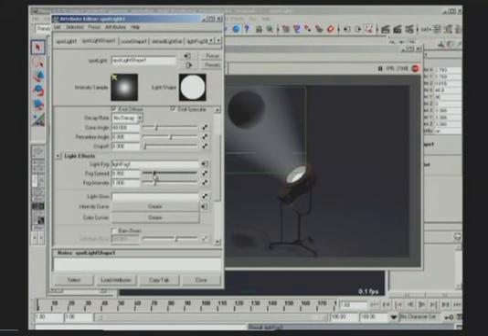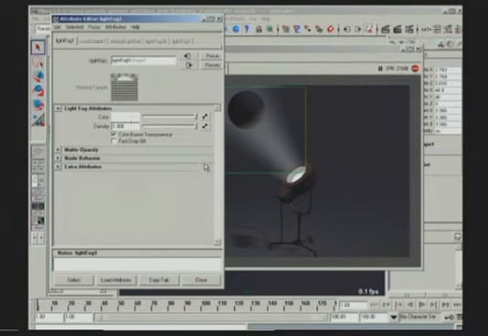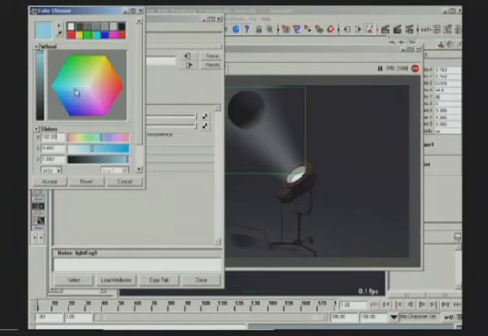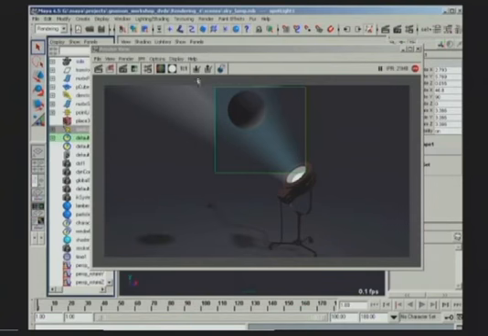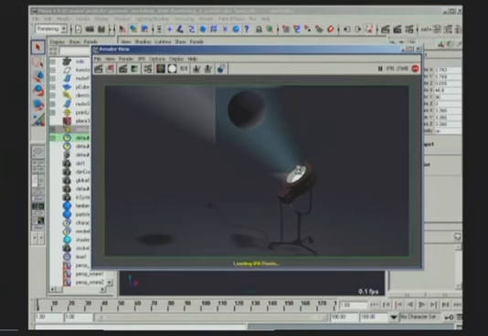I'm going to pull down this fog spread so that the edges are not quite so harsh. I'm going to change the color a little bit because I'm going to be adding another light fog to the scene. I want to be able to tell them apart a little bit. So something that could be believable but yet different other than white. And then I'll pull density back just a little bit. So you can see now we've got